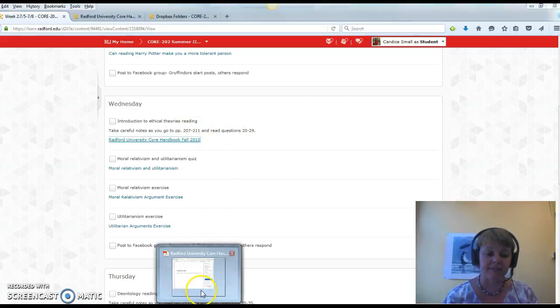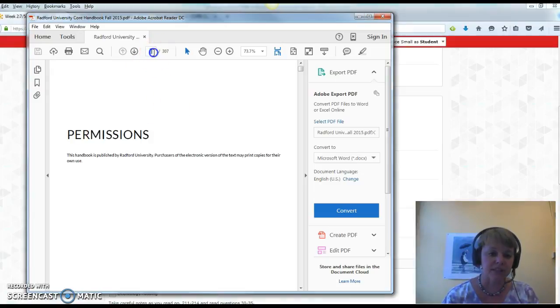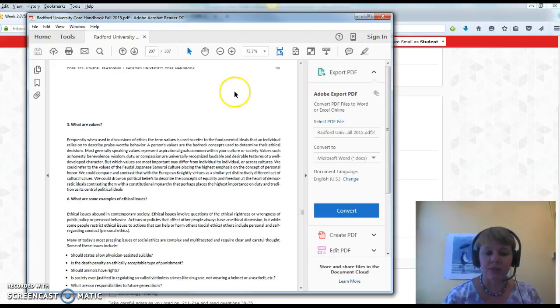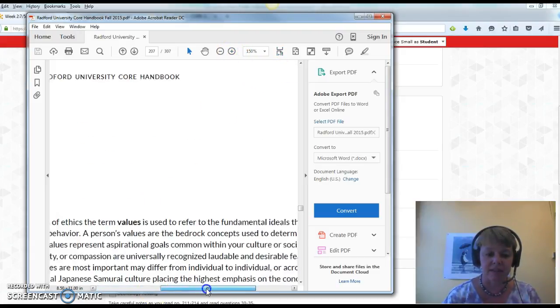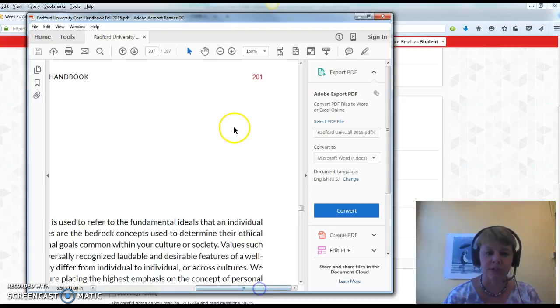So if I go to the PDF, I can put in 207, but that's not quite 207 yet. When I say 207, I mean the actual page number in the book. And if I increase the size, you can see I'm only at 201. So I know I just need to scroll down. If I scroll down to 207,